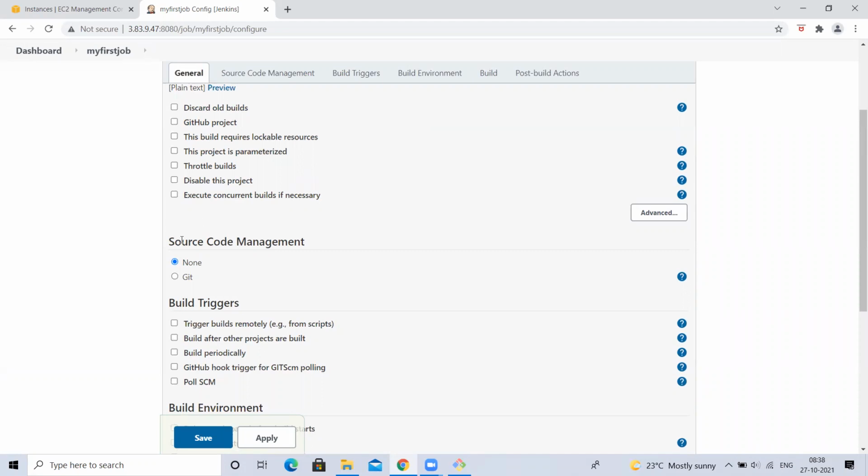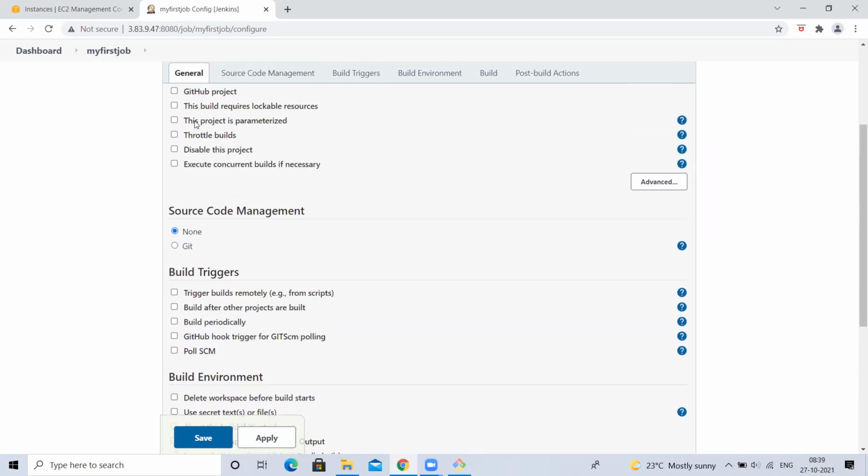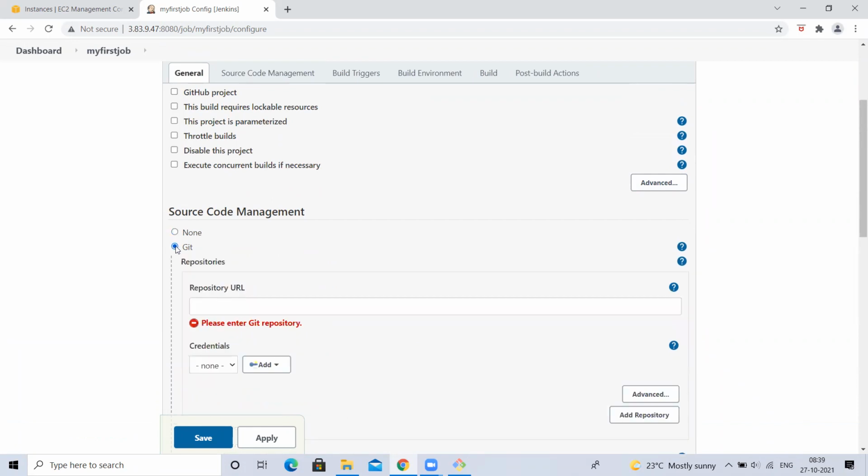How to pull it is here in the source code management section. You can see the sections here. If I click on source code management, it will come here, right? Under the source code management section, there is a Git option. If I don't see this Git option, the issue is that I have not added a Git related plugin to my Jenkins. I said Jenkins is a plugin based tool.